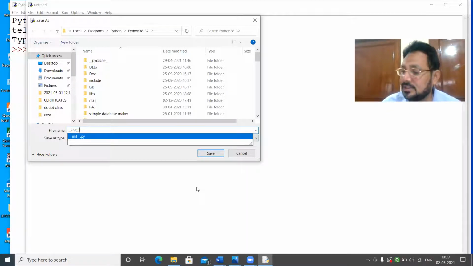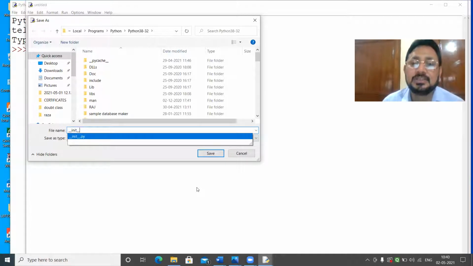So right now, the definition: the file __init__.py in a folder indicates it as an importable Python package. Without __init__.py, a folder is not considered a Python package.